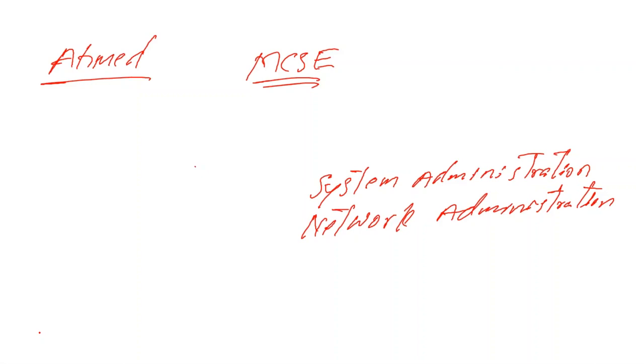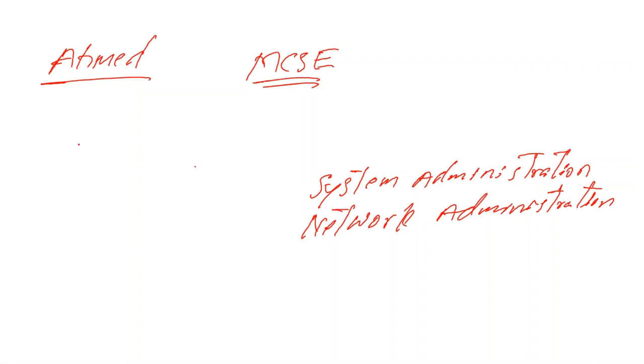Okay, so the first 15 days in our MCSE session we are discussing the system admin part. The next 15 days we are discussing the network admin part. Once you complete this system admin and network admin, you can say your MCSE course is done, finished, right? You have good knowledge of server technology, client technology, services management, right, and troubleshooting the problems of the services, or if your user or employee is facing any problem. Okay.